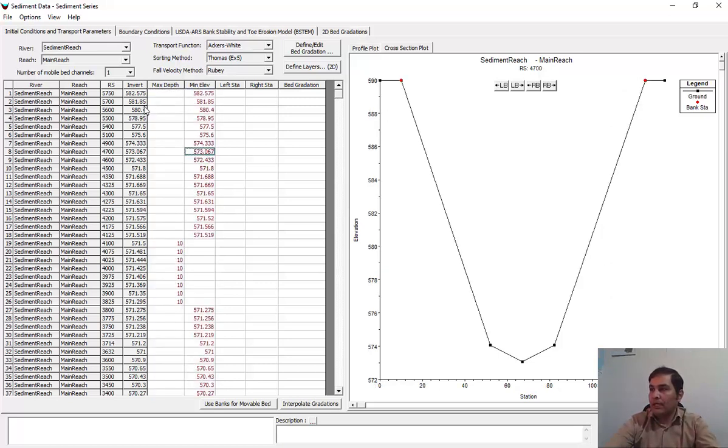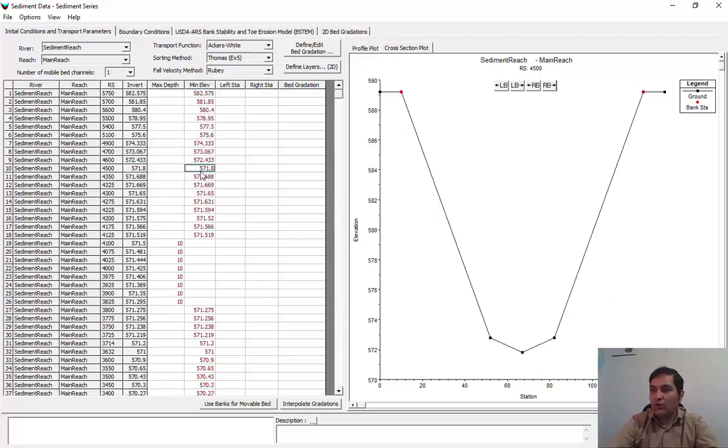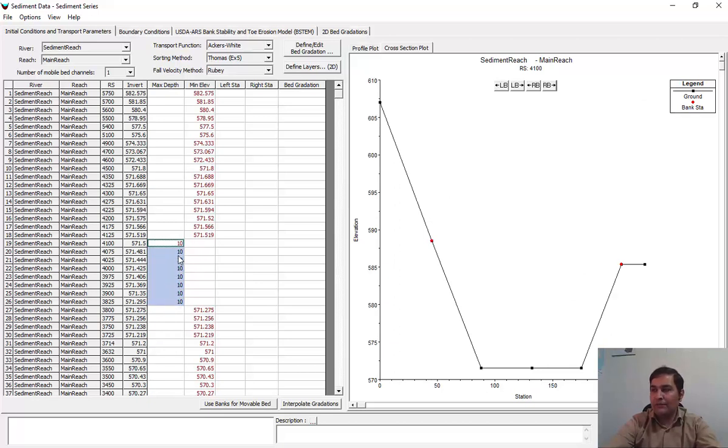As you can see, some cross sections contain minimum elevation and some cross sections contain max depth. This means that some cross sections tend toward sedimentation and they don't erode lower than these elevation values. But for some cross sections, you can see I use 10 feet, and this means that the maximum allowable erosion simulation using HEC-RAS is limited to 10 feet, and you can change these values in order to allow the model to